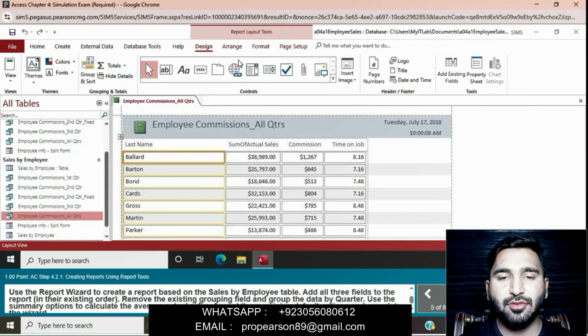Remove the existing group field and group the data by quarters. Use the summary option to calculate the average actual sales. Accept the remaining default options and complete the wizard. Okay, first we will use the report wizard to create a report based on